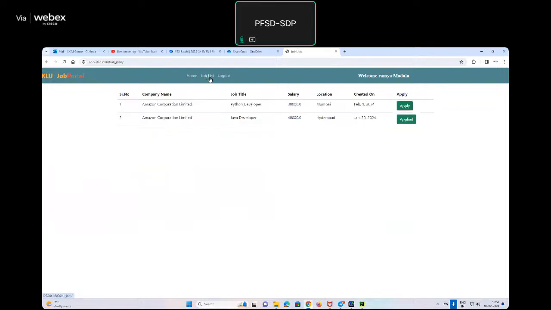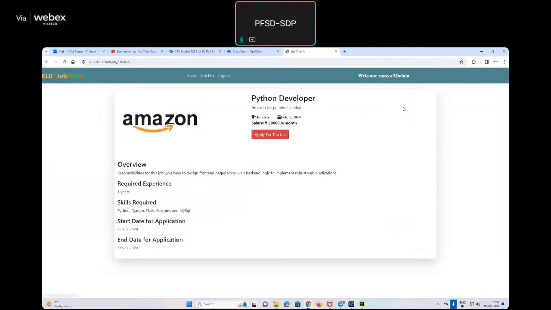Whenever the user clicks this job list, whatever jobs are there, they will be visible here. To apply, whenever he clicks this apply button, it will show the description of the total